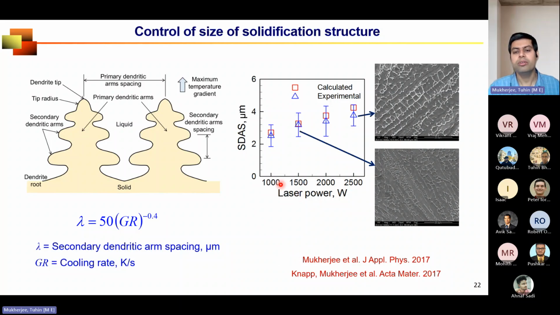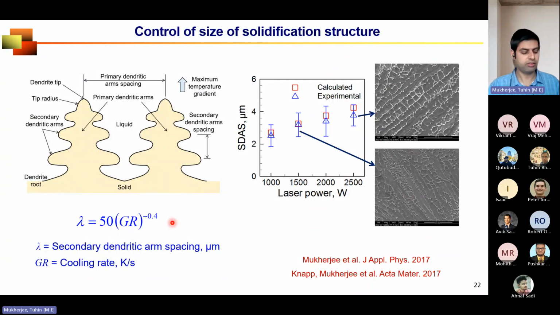316L. So you see what we did: for a wide variety of laser powers, we calculated the temperature field, from which we calculated the cooling rate, plugged it into this formula, and got the secondary dendritic arm spacing. Then we checked in the experiment under AFM micrography, and you can see that our calculation is telling us the secondary dendritic arm spacing is larger, and under AFM you can see that is indeed true. So once again, this is proof of how you can do a very simple calculation to get